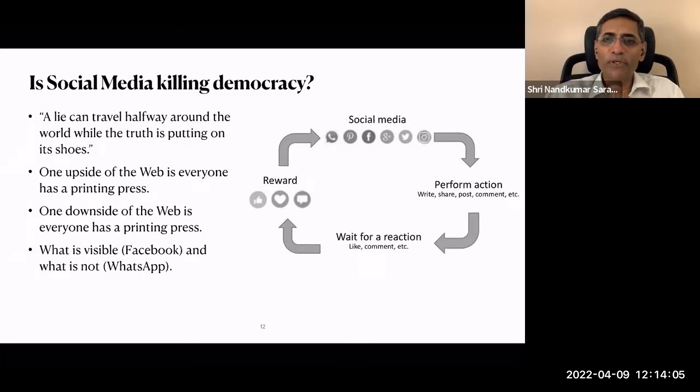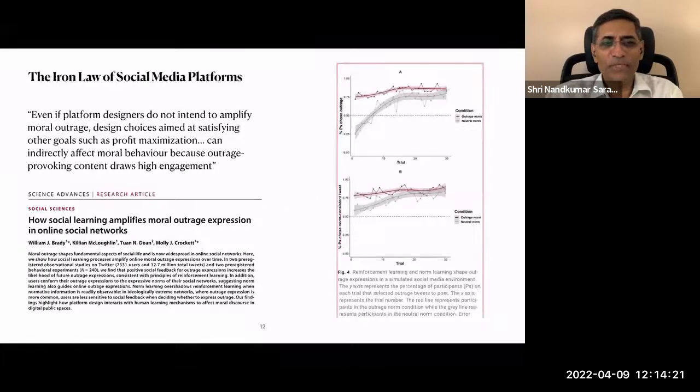So this is the algorithm, or the algorithm of algorithms, and there are very smart people with PhDs in psychology who are writing and tweaking the algorithm and making you more and more addicted to the consumption of social media. Now, this is okay, but when it comes to